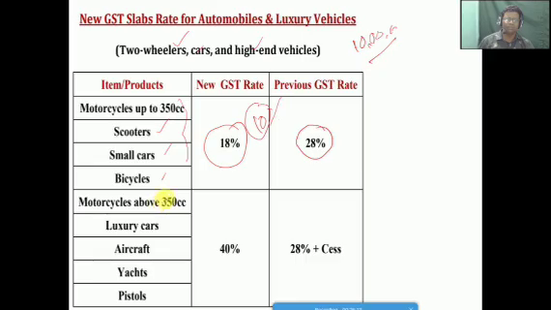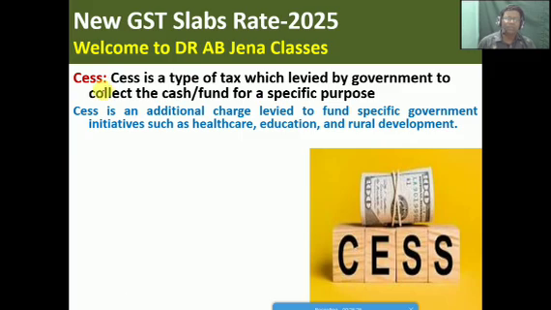Similarly, for the motorcycle above 350 cc, luxury cars, and pistols, the new GST rate is 40%. Earlier it was 28% plus cess. So friends, what do you mean by the cess? Cess is a type of tax which is levied by government to collect cash or fund for specific purposes. Cess is an additional charge which is levied to fund the specific government initiatives such as healthcare,